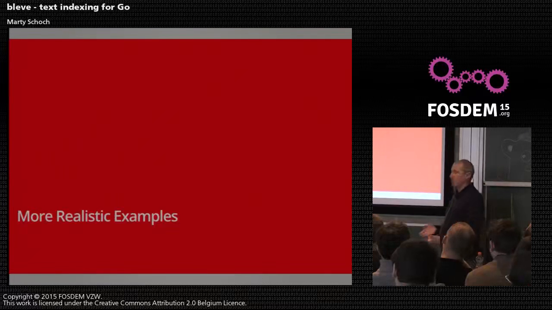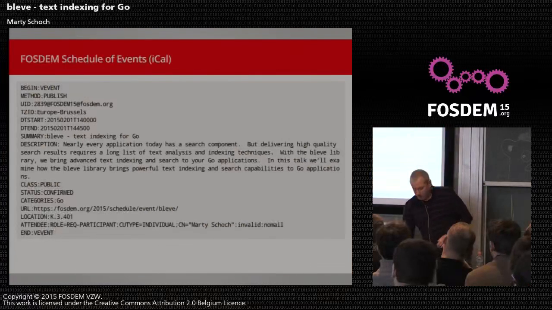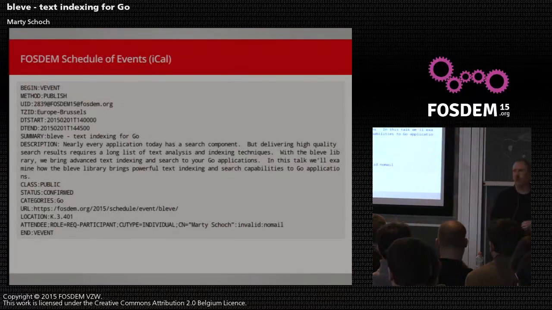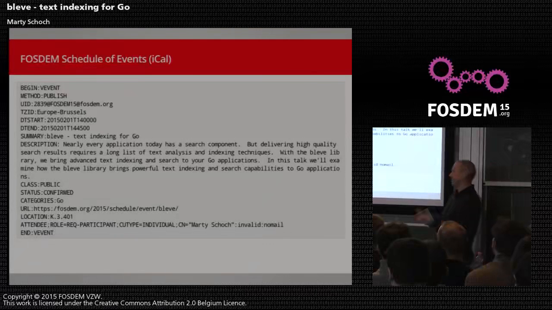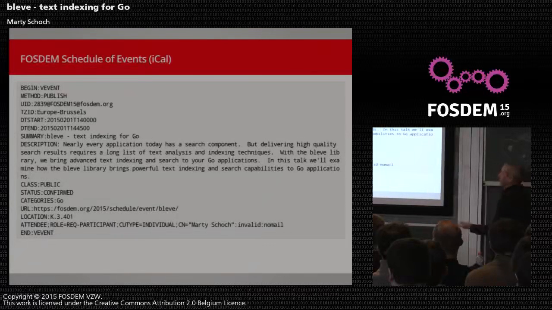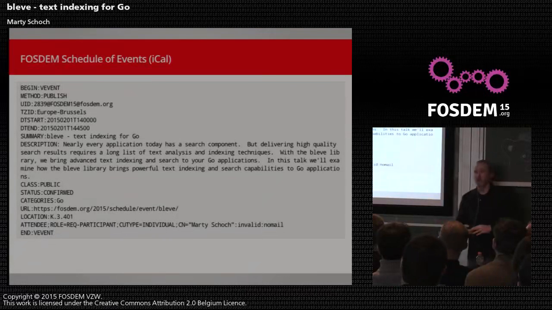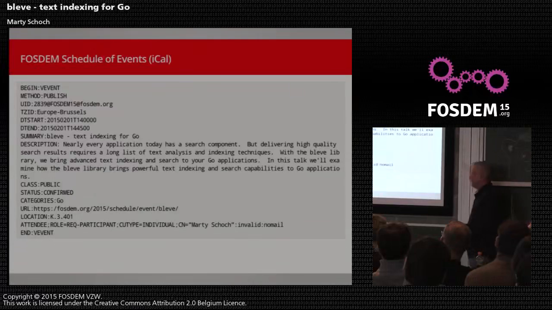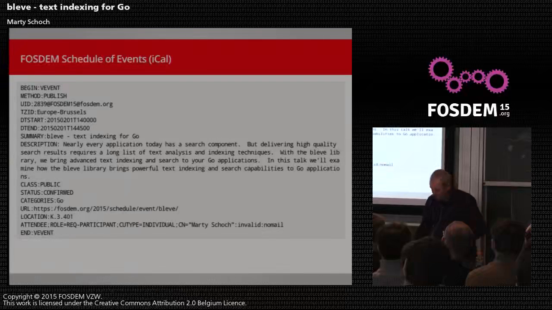But you probably want to see a more realistic example. I was trying to find a good data set to work with, and I wanted something that the audience would be familiar with. I don't have time to teach everyone some new domain. And I came across the FOSDEM schedule of events, which they happen to publish in a variety of formats. One of which that was pretty easy to parse was iCal. And so here's a sample record describing this talk. There are actually 550 or so of these on the full feed. So I decided to go ahead and use this for our example data set.